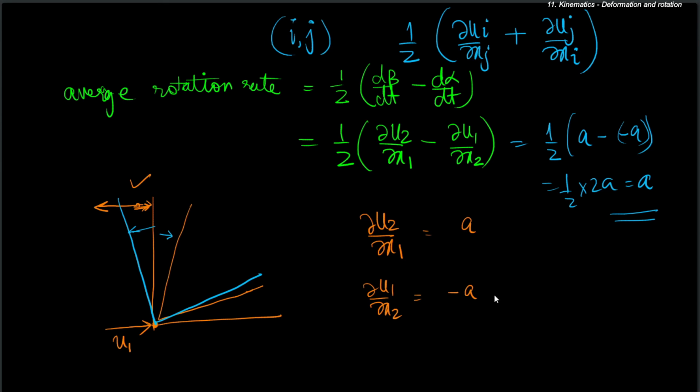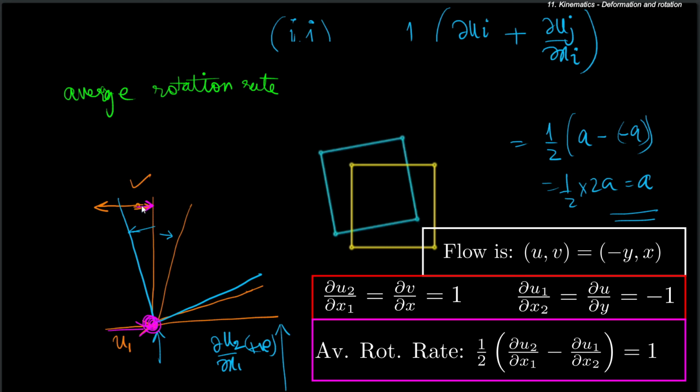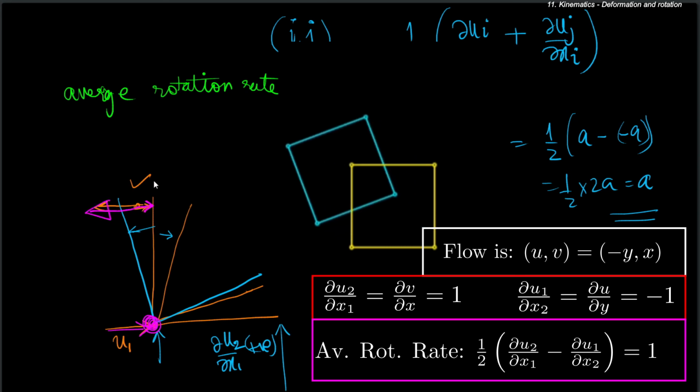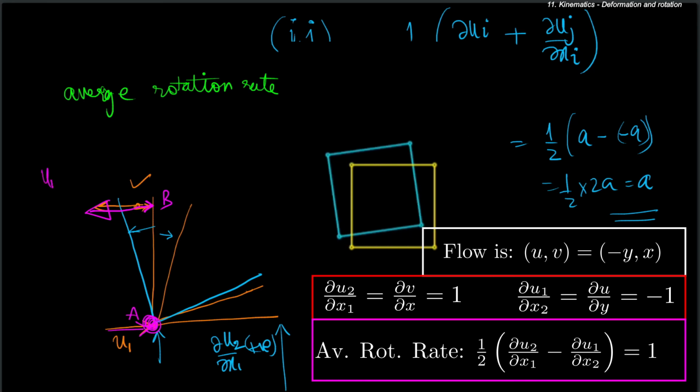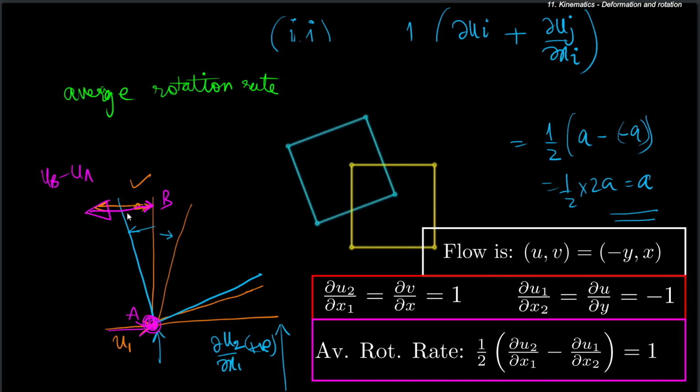In the simulation, we have a v velocity like this and a higher v velocity at this point, meaning del u2 del x1 is positive. But for the u1 velocity, we have a lower velocity over here, meaning relative to this point the velocity over here is in this direction. If I call this b and this a, it will be ub minus ua, and ua is larger, so the velocity is negative, so it is in this direction and it is causing it to move like this. So the element simply tries to rotate rather than deform, and the net rotation rate is equal to alpha.